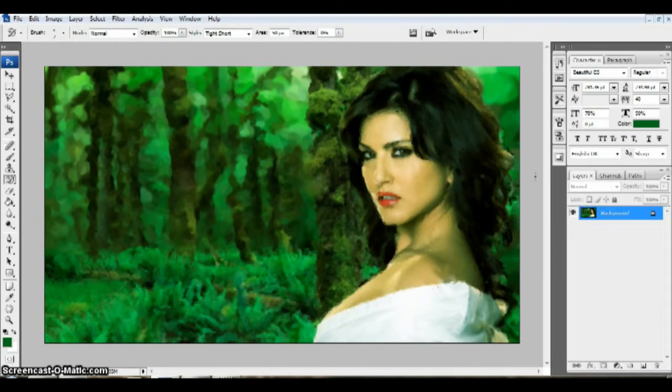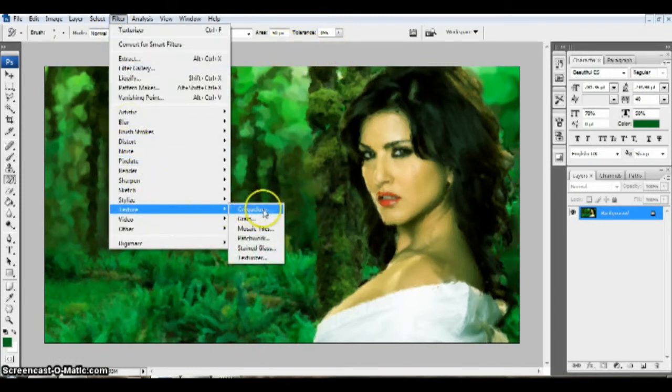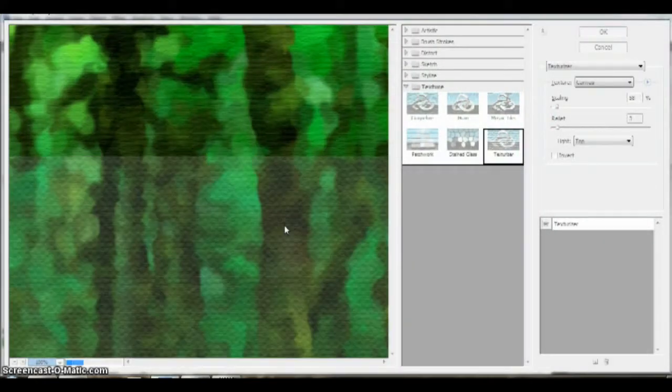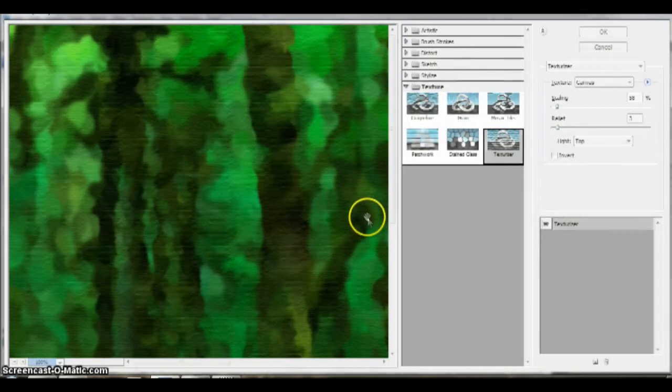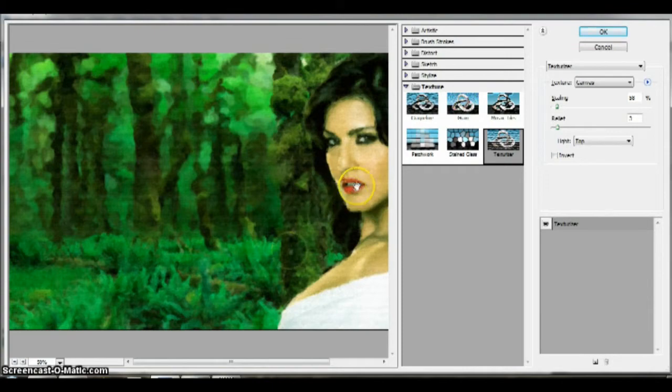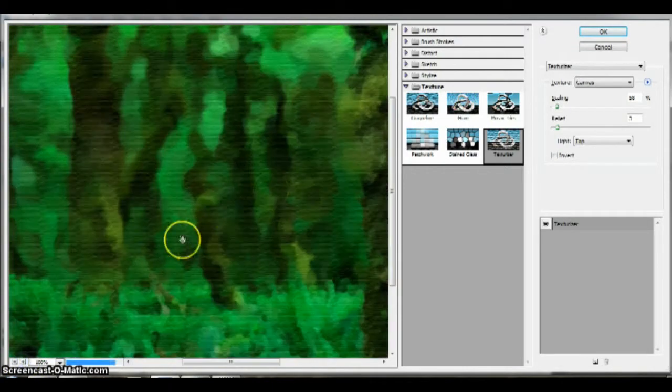The whole art history brush tool work is done now, and now we'll be using filters to give it the texture of a canvas painting. So I'm going to Filter, then Texture, and then Texturizer. I think the texture is already selected here, and this one is looking good enough.